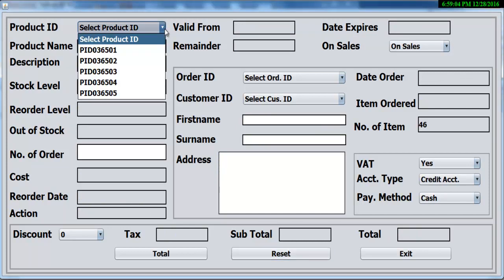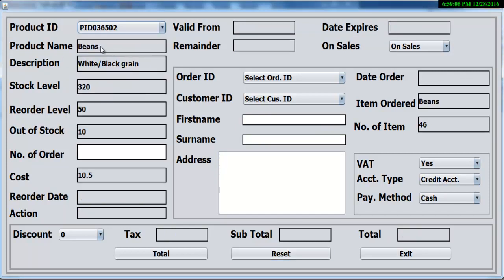So you select the product ID that you want, and that's the product that we have in the house. Okay, we have beans, description of the product, stock available, stock level before order is reported, and number that you want. Let's say you want to go for maybe 200, so this 200 will be deducted from the stock level right there. That means you are entitled to, let's say, 10% discount, and all you just need to do is